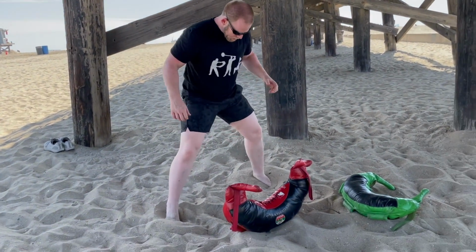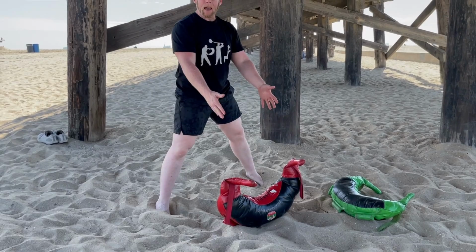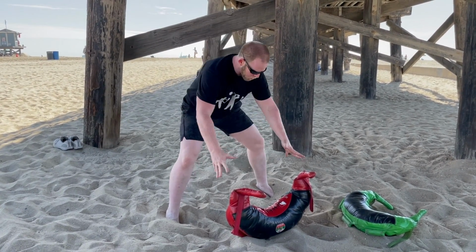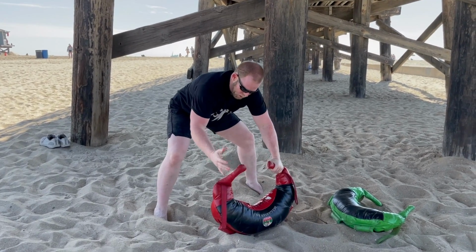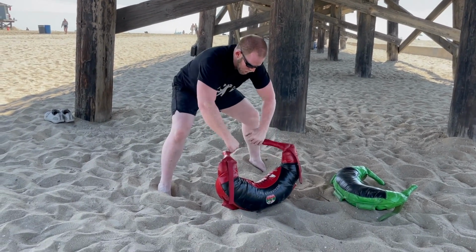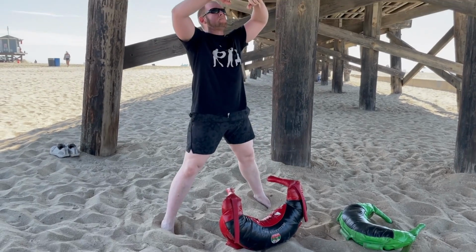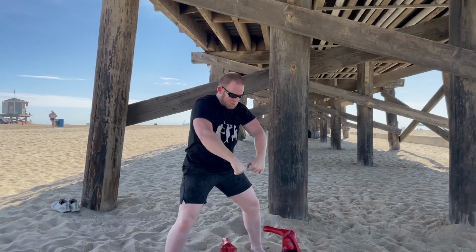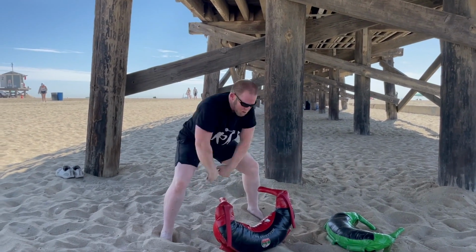So notice how I set it up. I take a wide stance to accommodate. I have a bigger bag now. This is a 12-kilo bag. My stance has to be wide. I'm going to take the microphone grip, kind of like a kettlebell. I'm going to hike it first, and then after I hike it, I'm going to pull it up, punch the thing out, hopefully smooth, and then rip it right back down into a nice deep backswing before pulling up again